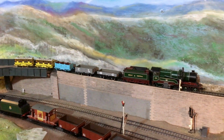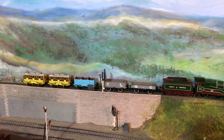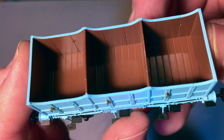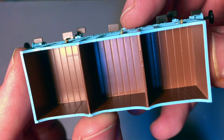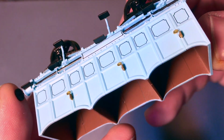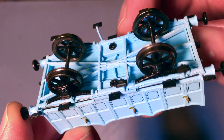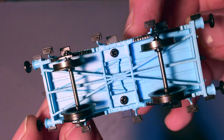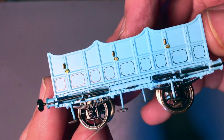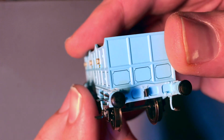I think these would look great with a complement of sitting passengers. I think somewhere like Hardy's Hobbies do Victorian style seated passengers, which would be perfect for a project such as this, either as an authentic Liverpool and Manchester Railway layout. I've not yet seen anybody actually try and model the period, but also certainly I think the 100th anniversary in the 1920s, there was a lot of people who got dressed up for the occasion in period costumes, so you